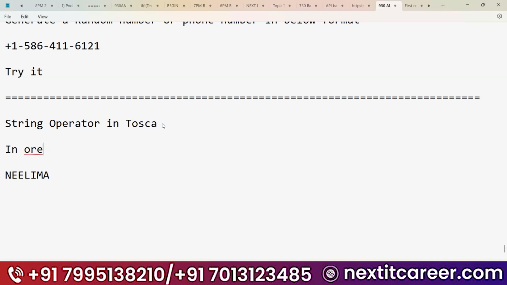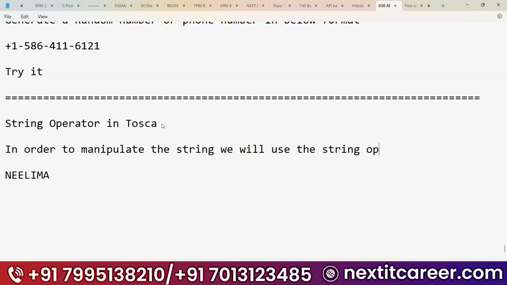In order to manipulate the string, we will use the string operators in Tosca.